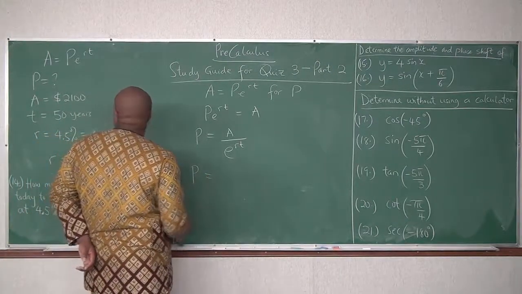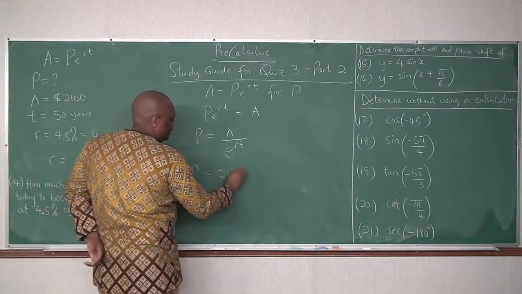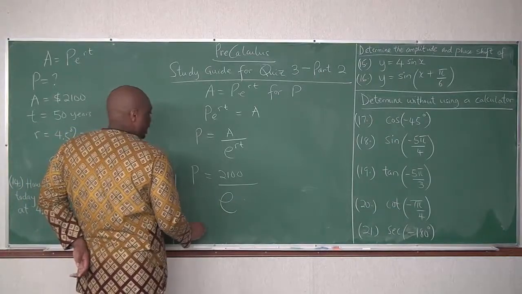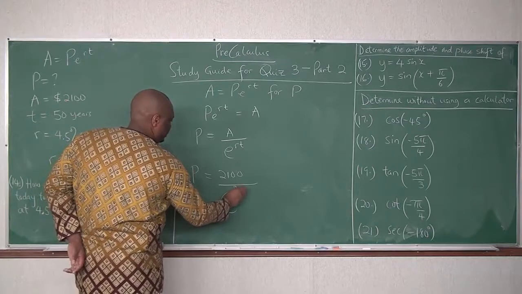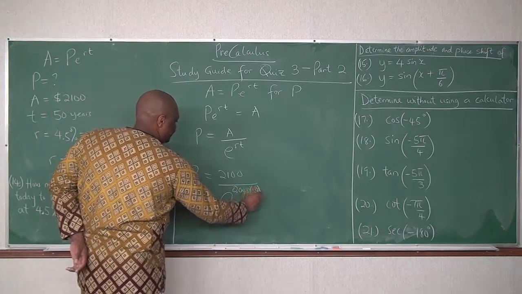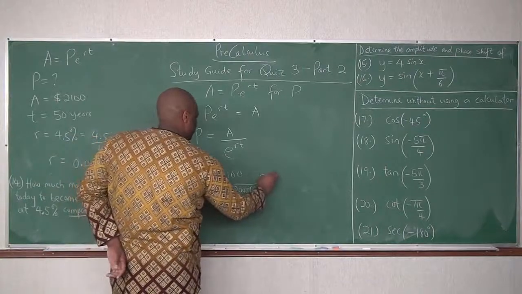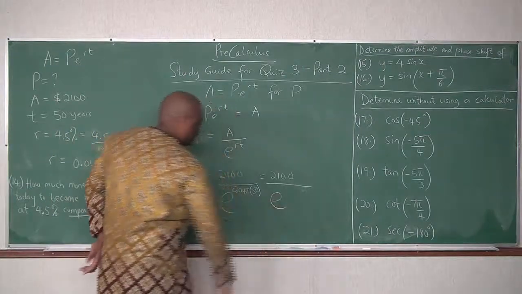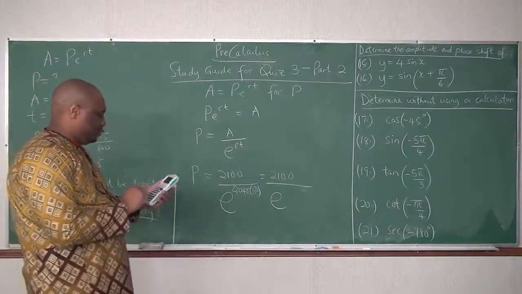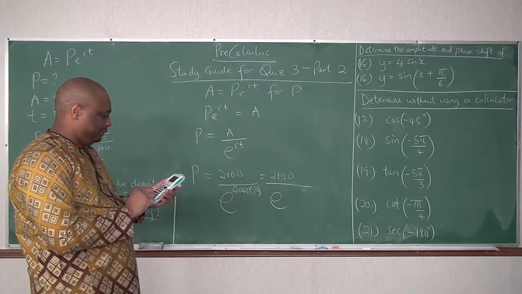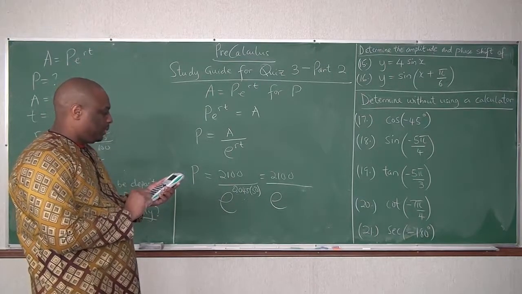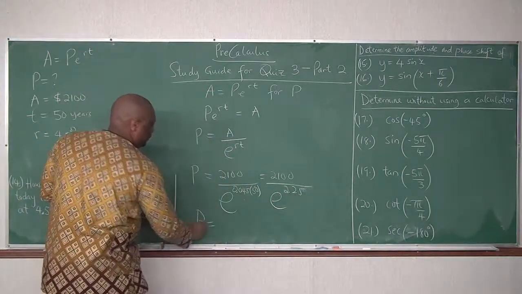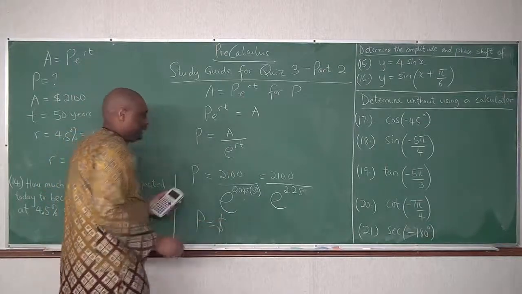P will be, A is 2,100 divided by e, R is 0.045 times 50. So this gives us what? Let's do it one at a time. 0.045 times 50 is 2.25. Okay, so P will be, put your dollar sign,